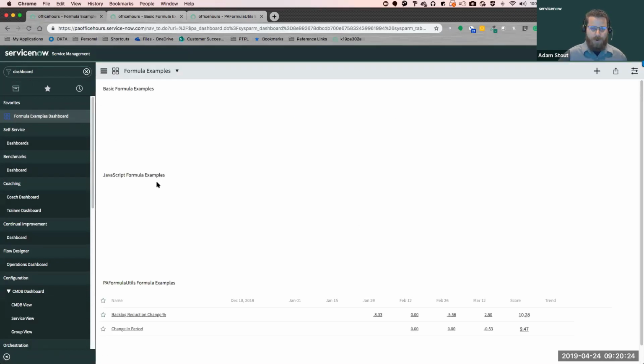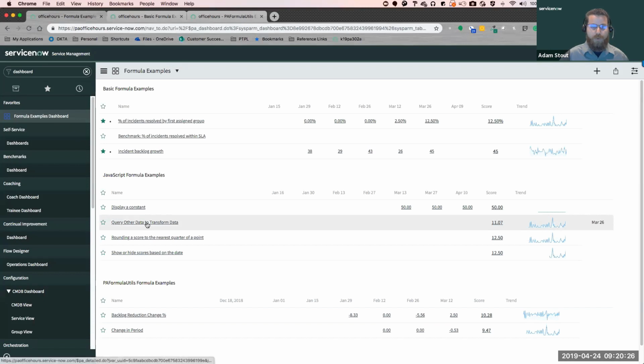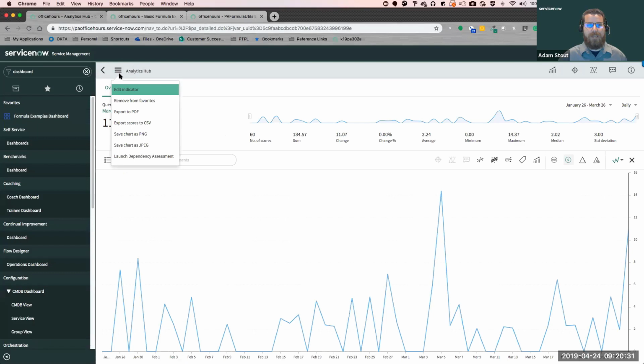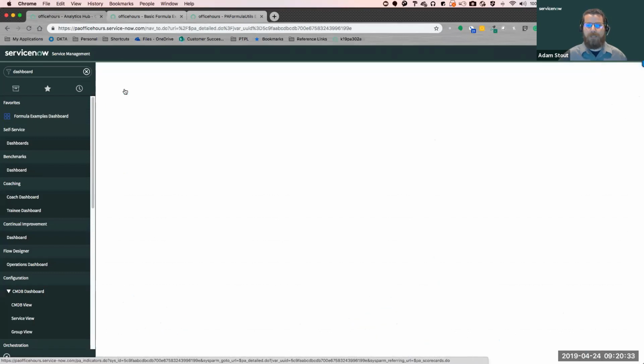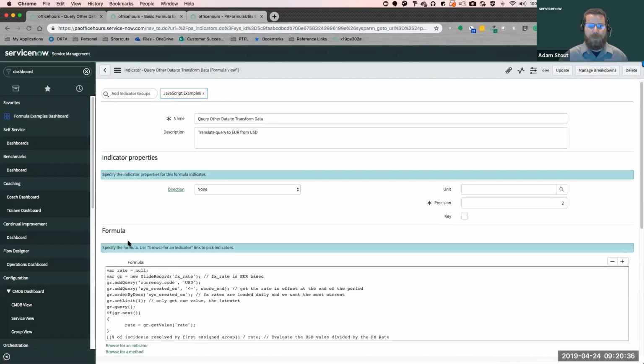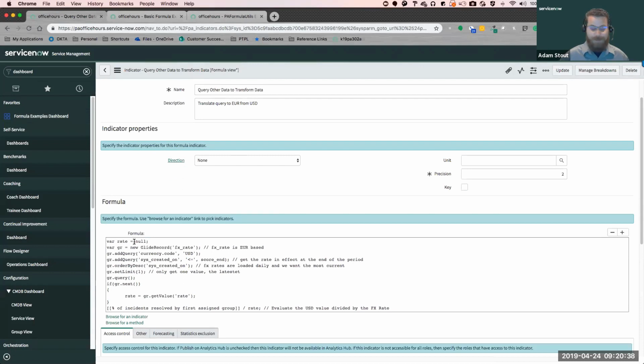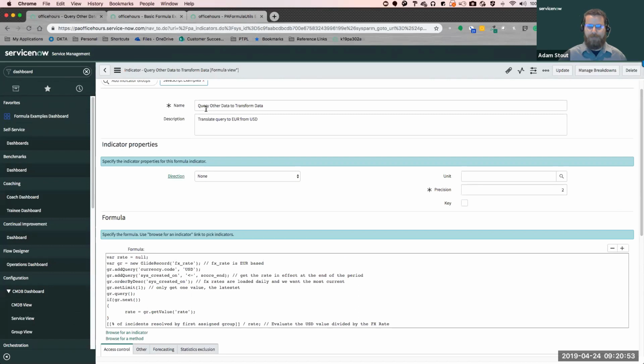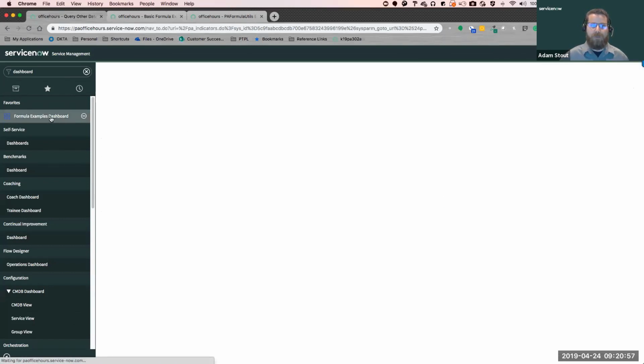To get to something a little bit more advanced, if I go to my query other data, this is, I will say, a bit nonsensical, but I'm taking the percentage resolved by the first group. And again, I don't think you should do this, but you can if you needed to. I'm doing a GlideRecord to pull up some information and then doing some math on that. What I'm doing here is translating a USD value to a euro value. This isn't actually based on dollars, so it doesn't make any sense, but it'll adjust those values accordingly. And if I go back to my indicator,